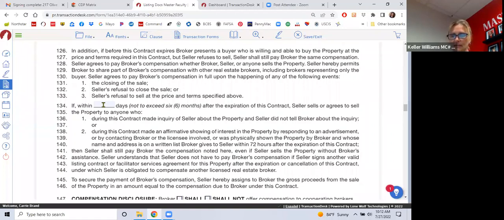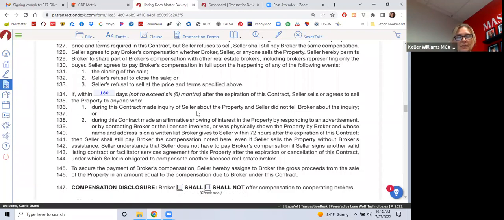This section here says you've got 6 months after the expiration of this contract. If within 180 days after the expiration of this contract, seller sells or agrees to sell the property to anyone who has during this contract made an inquiry of the seller about the property, or during this contract made an affirmative showing. So anybody who's inquired or had a showing on this property after this contract has expired, you can still get paid if they write an offer and it goes to closing, only if